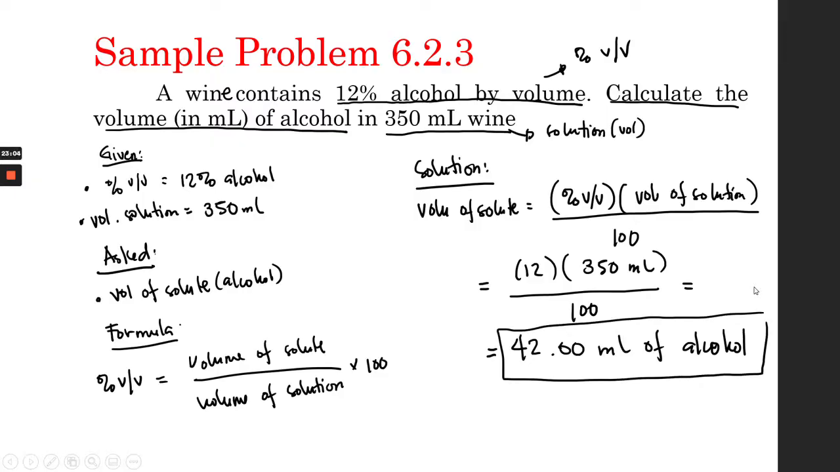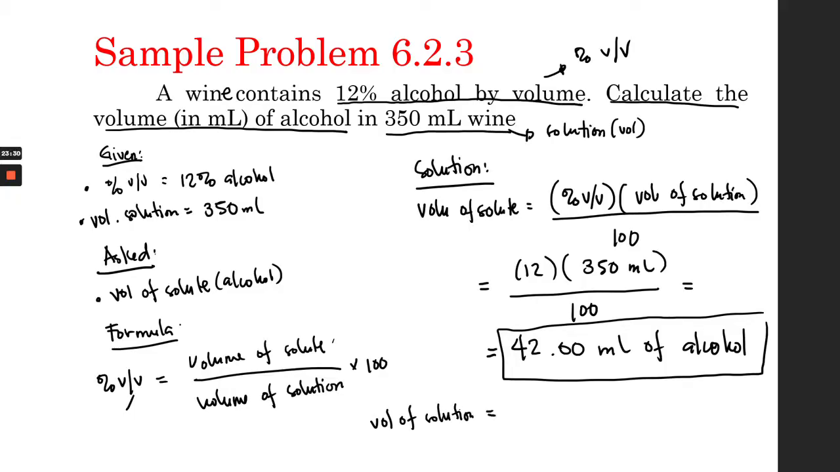So that's how you use percent by volume in this situation. If you want to solve for volume of solution, you just have to rearrange the equation. For example, they gave you the volume of the solute and the percent by volume, and they're looking for the volume of solution. You just have to rearrange the equation. So volume of solution,